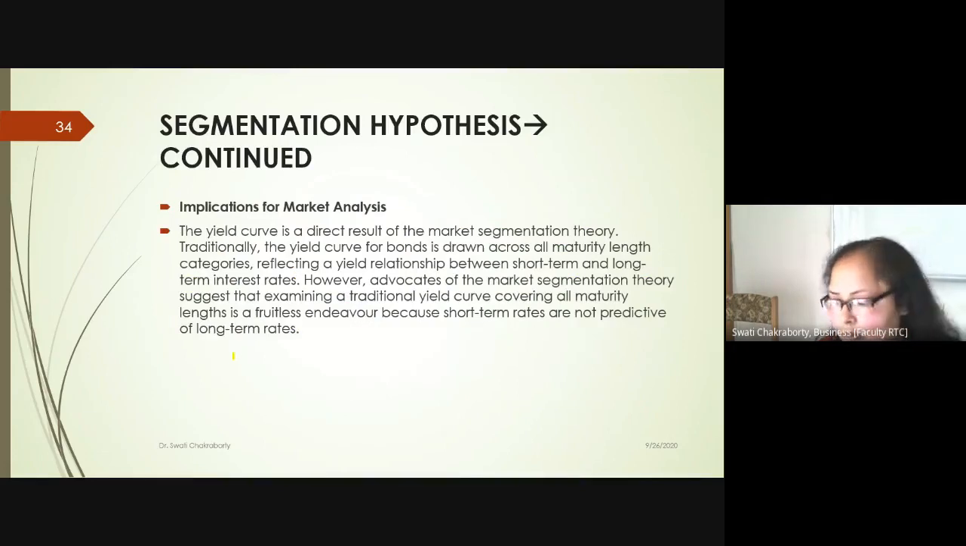Okay, so what are the implications for bond market analysis? The yield curve is a direct result of the market segmentation theory. Traditionally, the yield curve for bonds is drawn across all maturity length categories, reflecting a yield relationship between long-term and short-term interest rates. But the advocates of the market segmentation theory suggest that examining a traditional yield curve covering all the maturity lengths